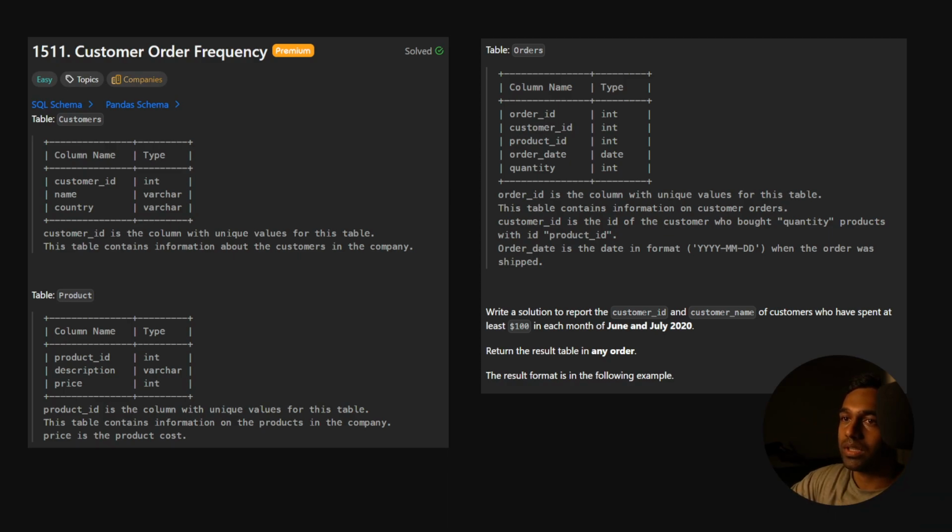So the question is customer order frequency. Here we have three tables: customers, product, and orders. Here the customer ID is our primary key, so every customer ID is unique. And we have a product table which has a primary key of product ID, so every row has a unique product ID, and we also have the